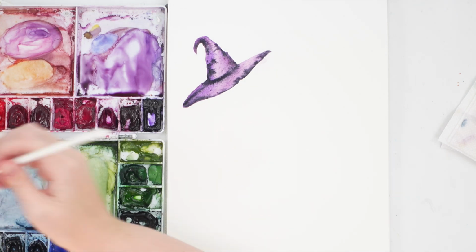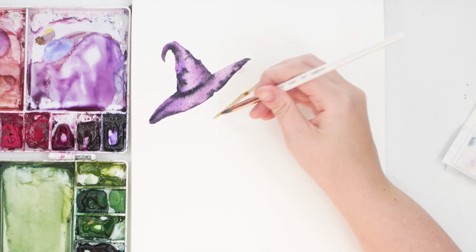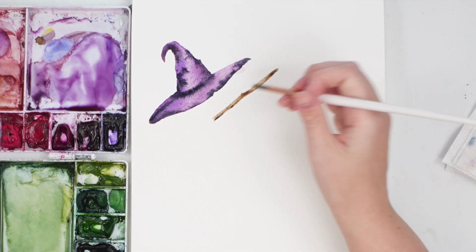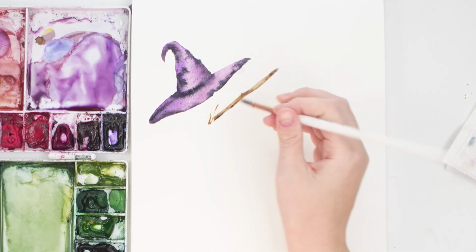Then while I'm waiting for that layer to dry, I'm going to work on a witch's broom. So I'm taking some burnt umber, and I'm painting the stick, the handle, and I want to make it a little bit jagged. I want to make it look like a stick. So I added the burnt umber, and then I added a darker brown underneath for a bit of shadow